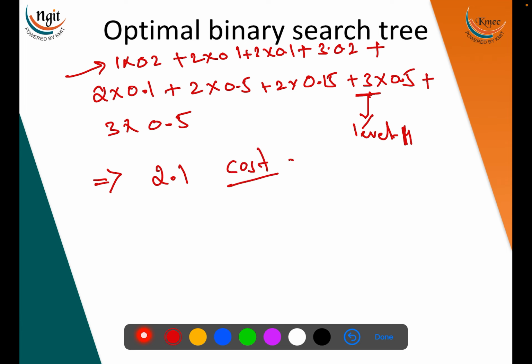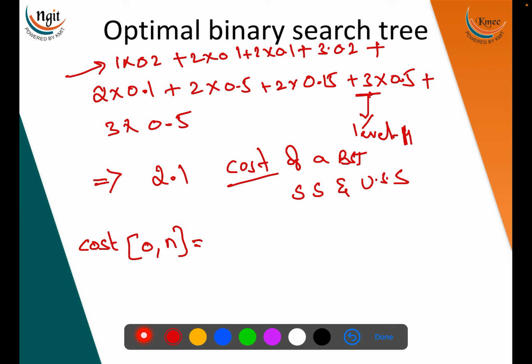So finally, the cost of a binary search tree, considering successful search and unsuccessful search. What is the formula, the way I have calculated? Cost 0 comma n is equal to the sum of pi into level of ai, the level of the node. It is not for a single element; I wrote i, so the value of i lies from 1 to n, plus